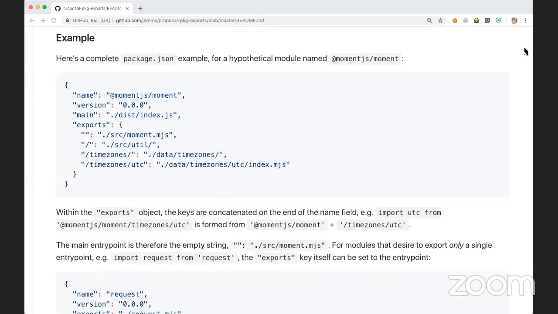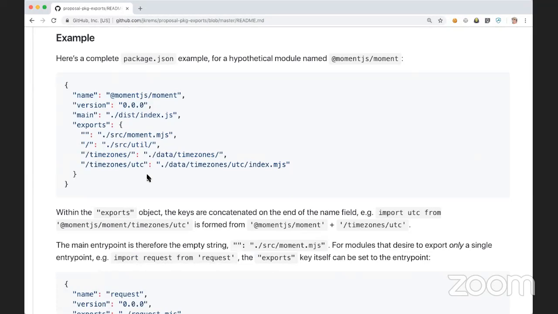One of the important pieces is that it is explicit. It actually defines a public interface for a module and does not allow arbitrary imports of nested files inside of the package. So you actually declare what the public interface of this module is. And module name /foo no longer means literally the file called foo in the package's root directory.